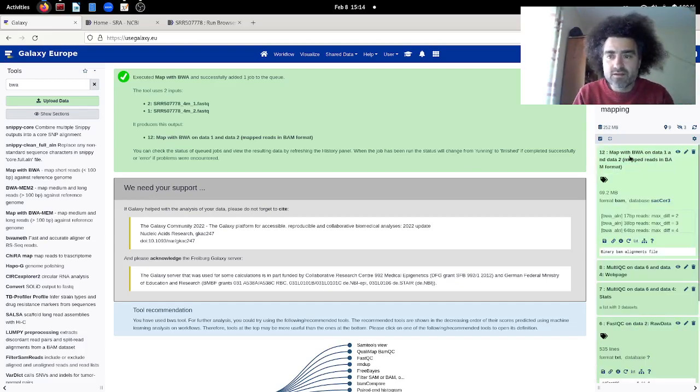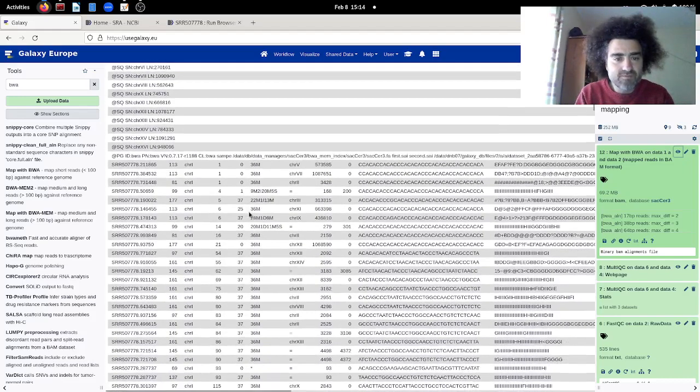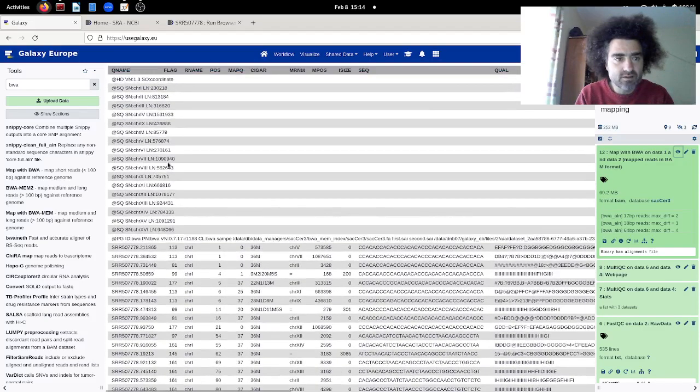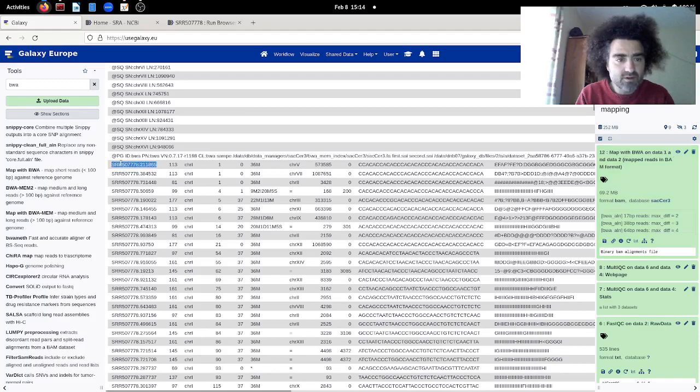Okay, and the analysis has been completed now. So this became green, map with BWA on data 1 and data 2. And this is actually the typical SAM format. So we'll go through some flags of it, some lines. These are just the header, we will not go through that, but the real information actually comes from this line onwards. Now this is the name of the read,